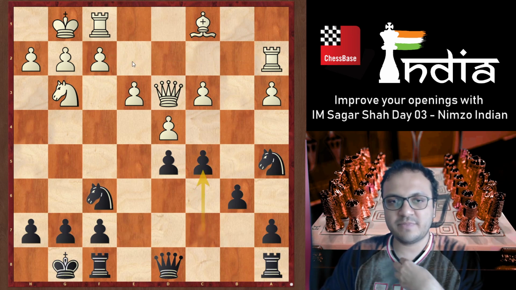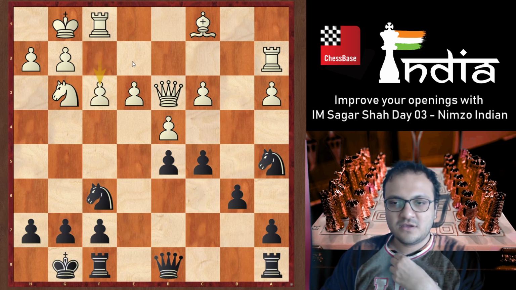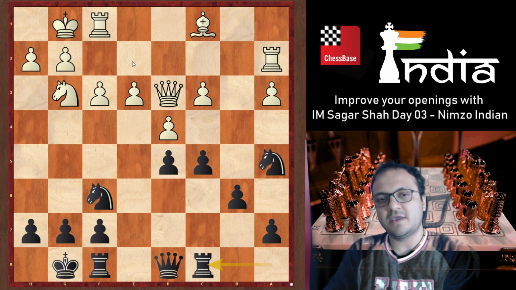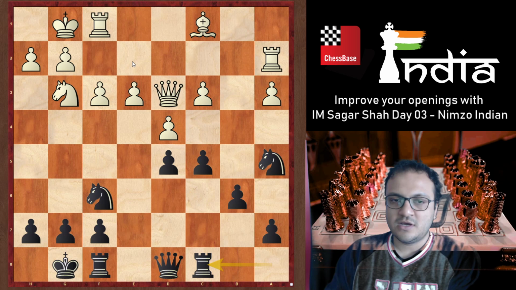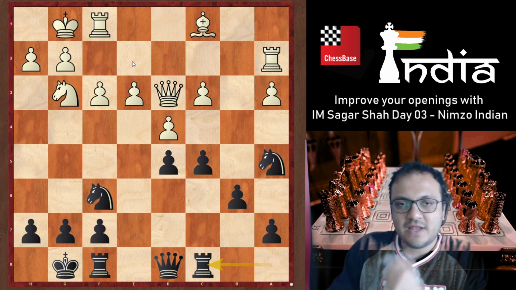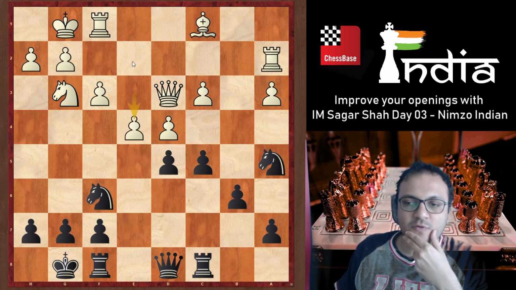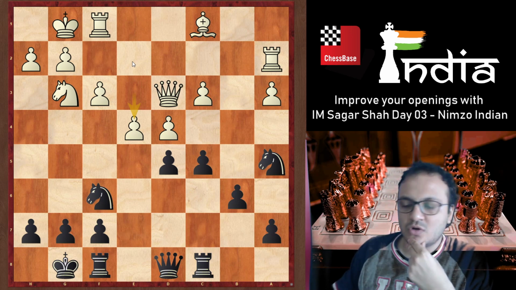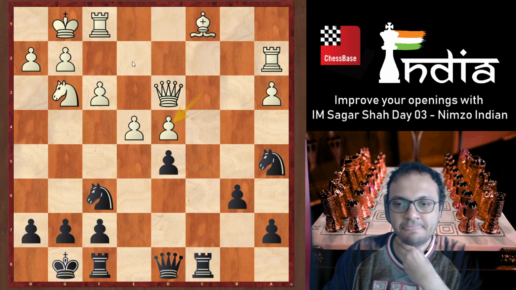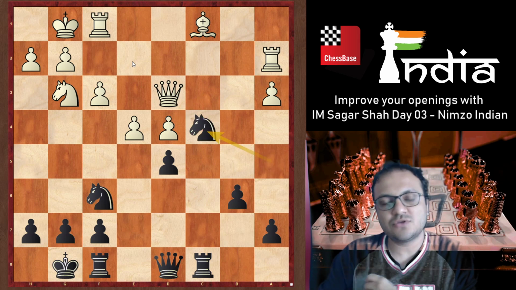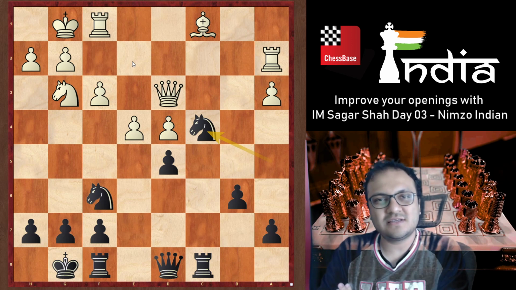Okay, c5 was played, and I went f3, and now he went rook to c8 in the game. So you see, I'm following Botvinnik's ideas, and somehow I thought that, well, he's allowing me, let's play e4. This does look good. So I took on d4, and here I think he made a mistake, which was knight to c4, blocking the c file.